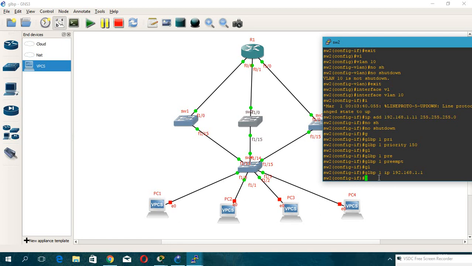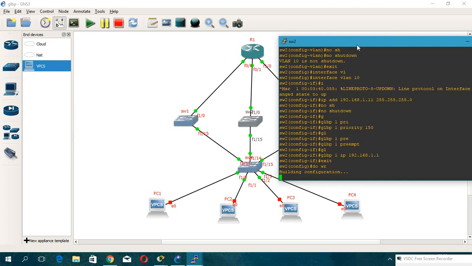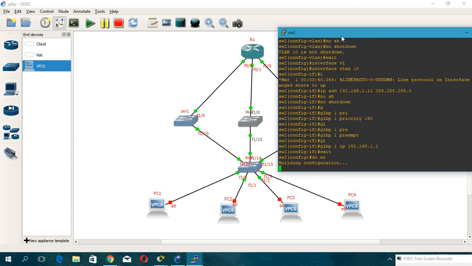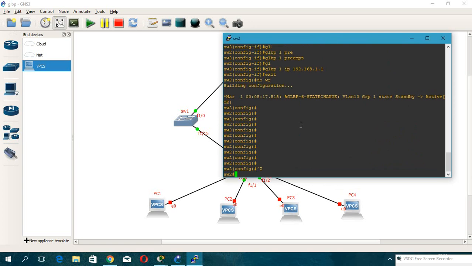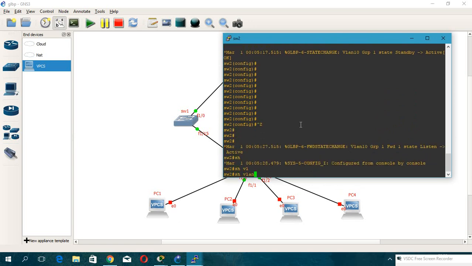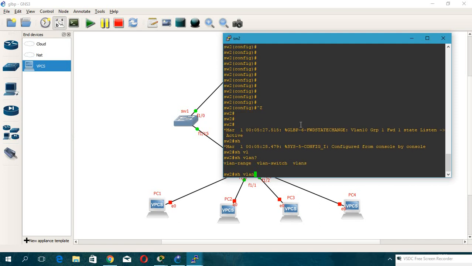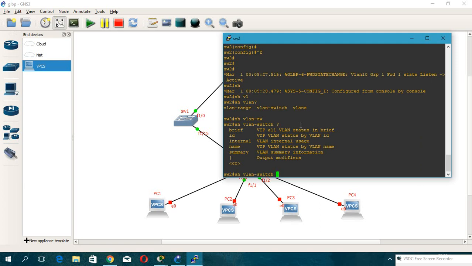We need show VLAN database VLAN switch brief. VLAN 10 active. VLAN 10 active. We already